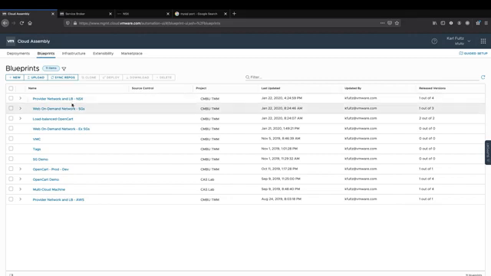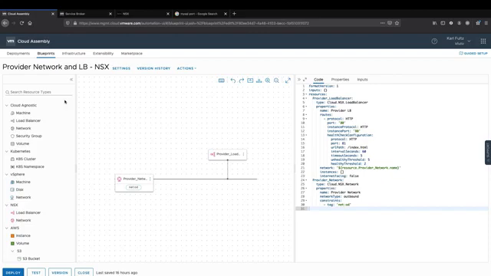And we'll start with our provider network and load balancer. And I talked about this a little bit in the presentation, and what this does is provide the user with the ability to stand up networking services. In this case, I'm setting up a logical switch. It is an outbound network, as we can see in the network type here on the YAML portion of the blueprint. And if you recall, that's where I'm setting up the T1, the DHCP, adding a logical switch,